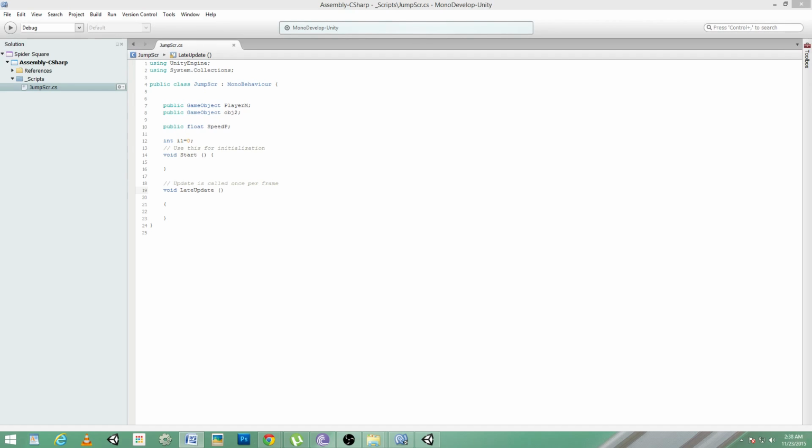Now I'll take this functionality. If Input.GetMouseButton(0), it means the left click, or on a device it is the single touch. I mean, if the left click is clicked, then we will set